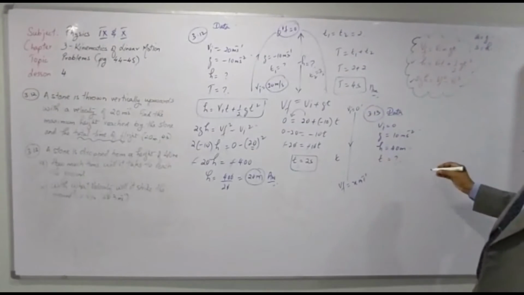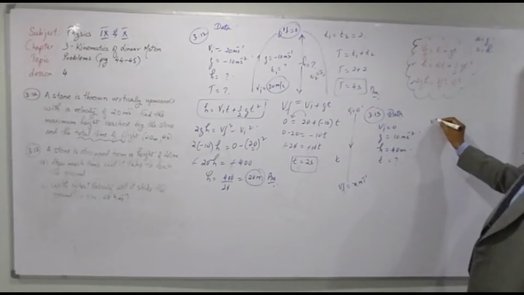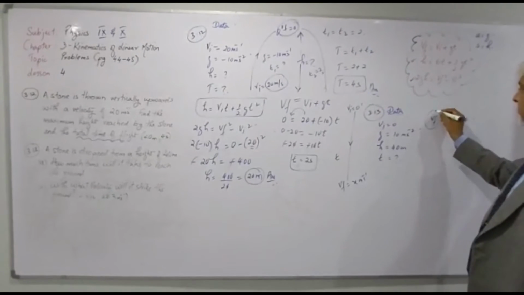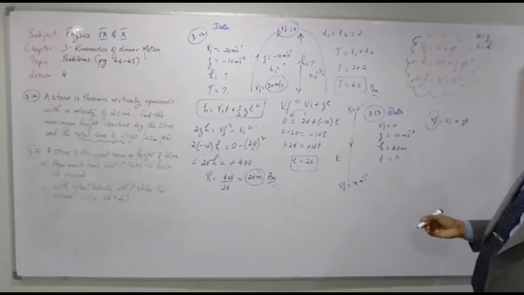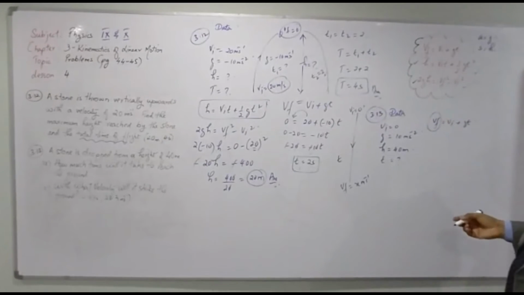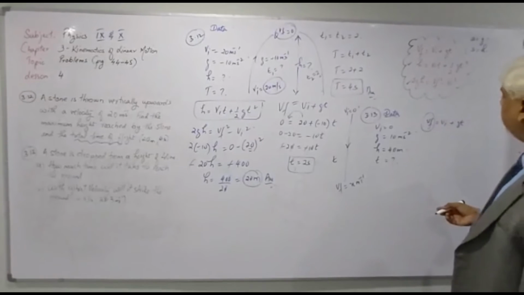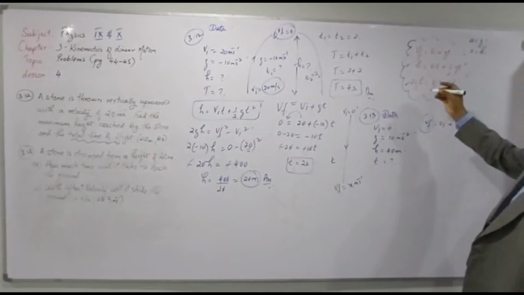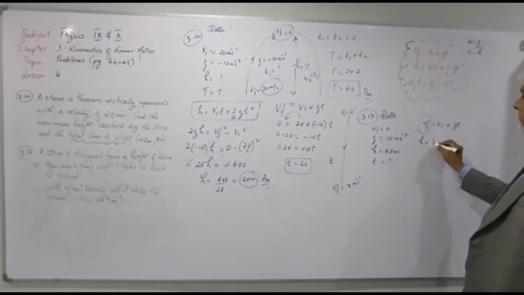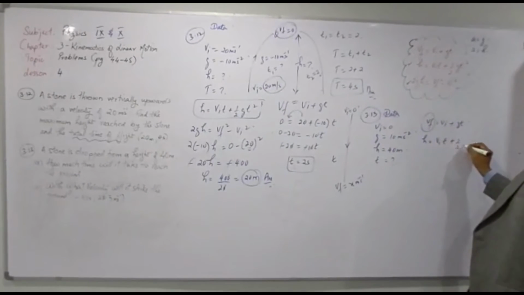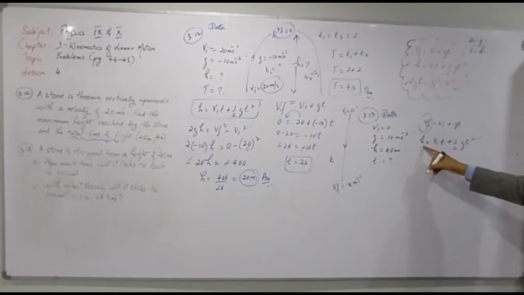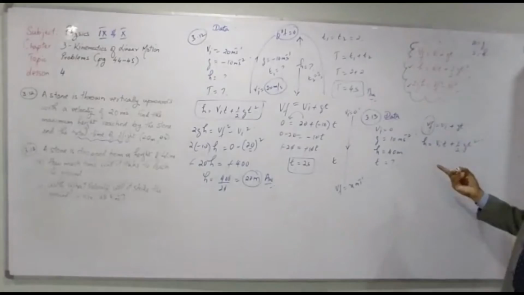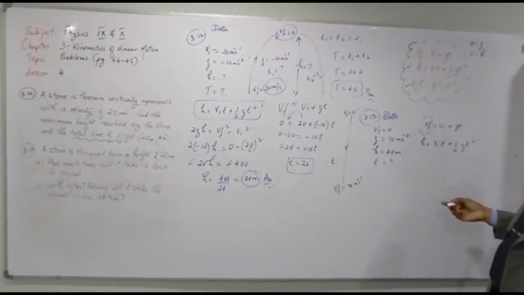So we could use the formula Vf is equal to Vi plus Gt, but we don't know Vf over here. So we need to know the Vf also at time again. So we'll have to apply another formula in order to find the time. So yes, we can use the second equation. H is equal to Vit plus half Gt squared. You know the height, you know the initial velocity, and the value of G you know is constant. So time can be calculated.